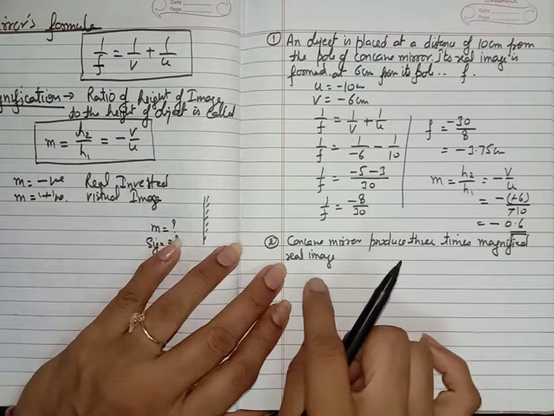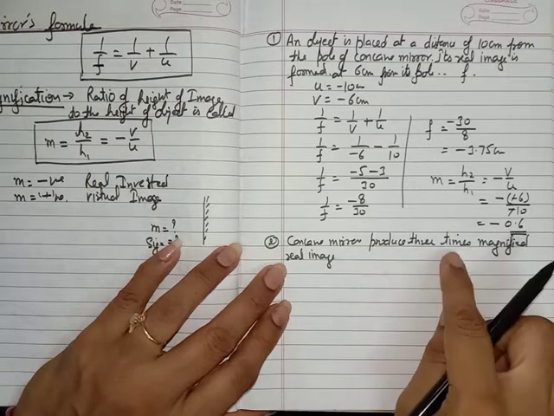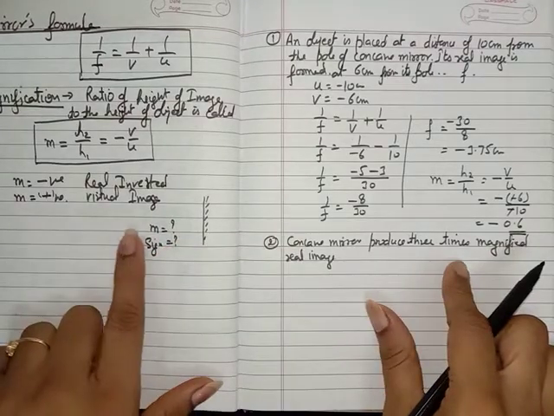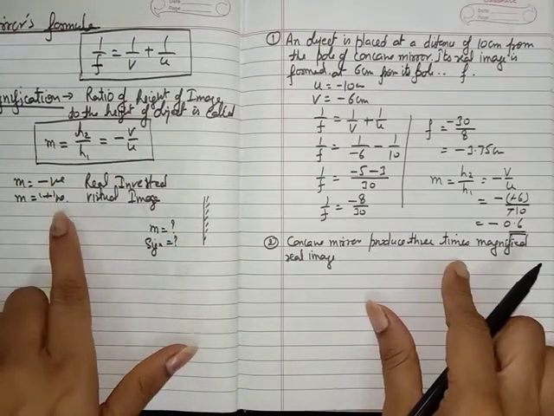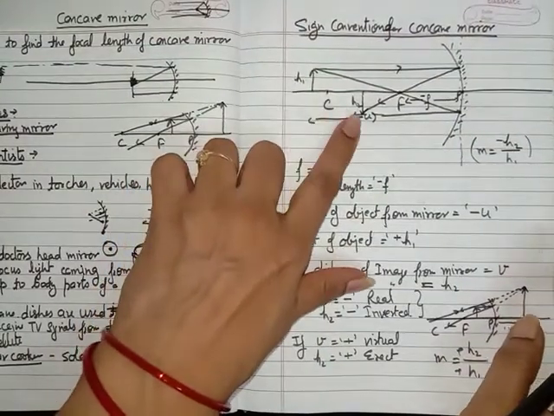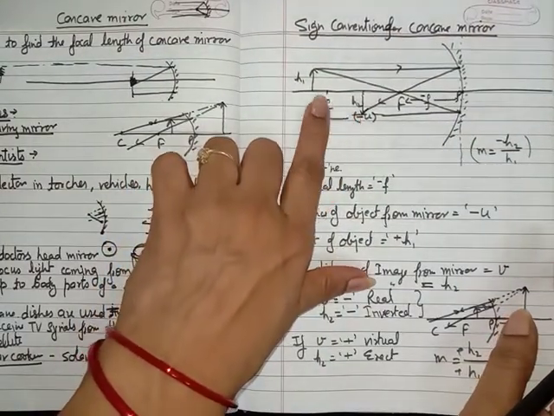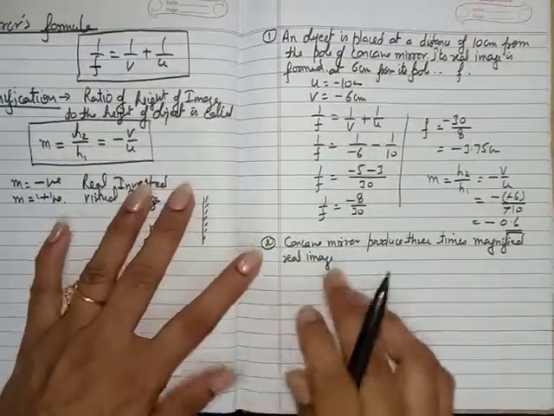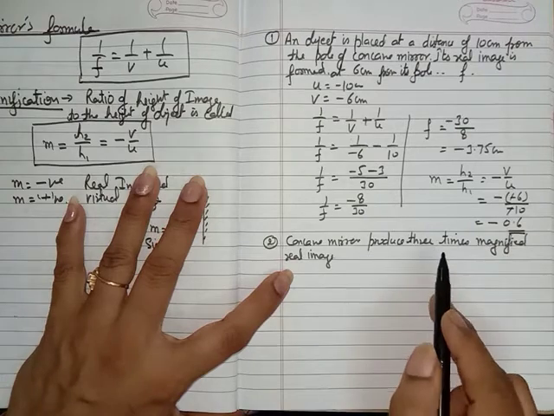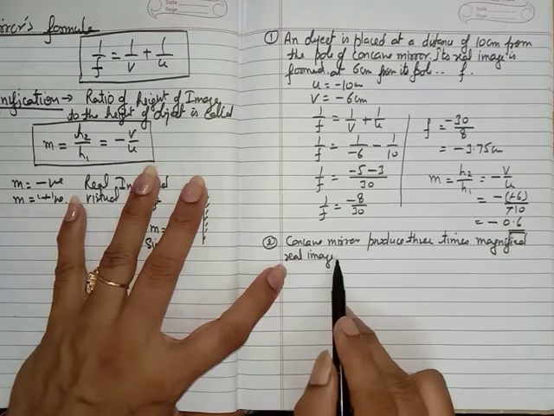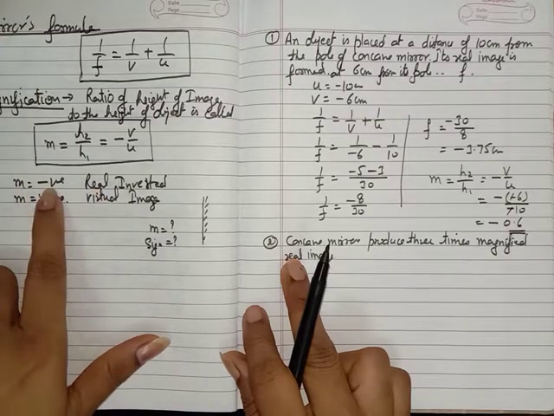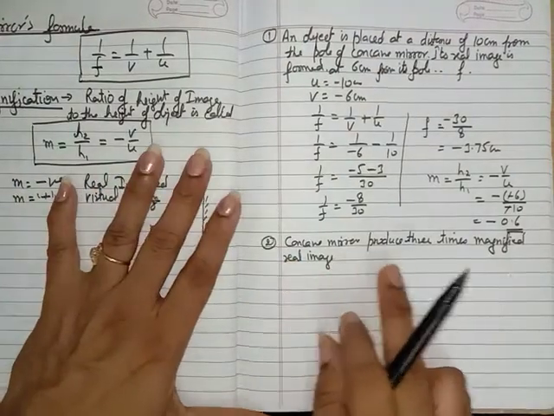Here we know the value of m. Magnification is 3, and how will you know whether it is positive or negative? I have explained in the last lecture that m can be positive or negative. But we know that a real image is always inverted, so magnification will be negative. It means in this question we have the value of m as 3 with the sign of minus, because the real image is formed and a real image is always inverted. So we can say m is equal to minus 3.